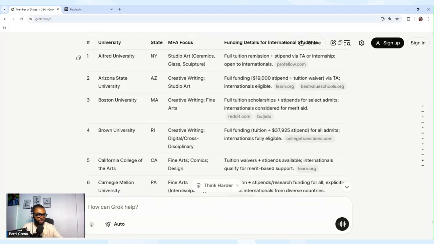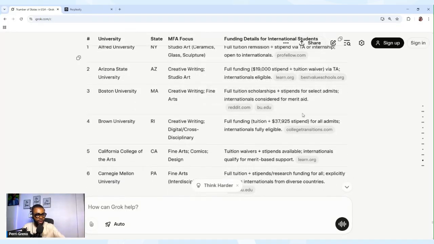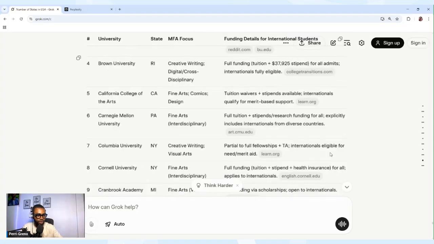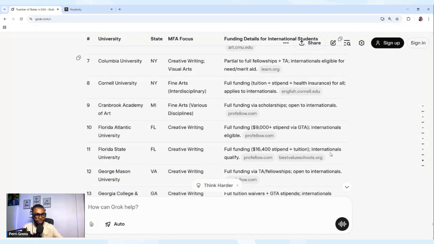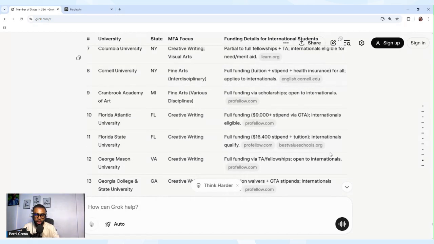It talks about all the funding in there. So, like I did for the MFA program, you can also do for any of these social sciences programs or even a science program or whatever program, be it undergraduate degree or master's degree or even PhD. You can do the same for that.